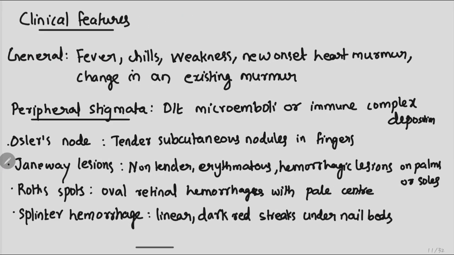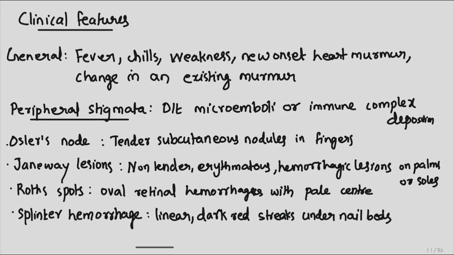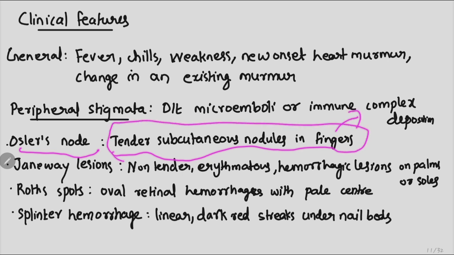And now the clinical features. The general features are fever, chills, weakness, new onset heart murmur, or a change in an existing murmur. And the peripheral stigmata of infective endocarditis, which are due to microemboli or immune complex deposition, include Osler's nodes, which are tender subcutaneous nodules on fingers, and that is due to immune complex deposition, and